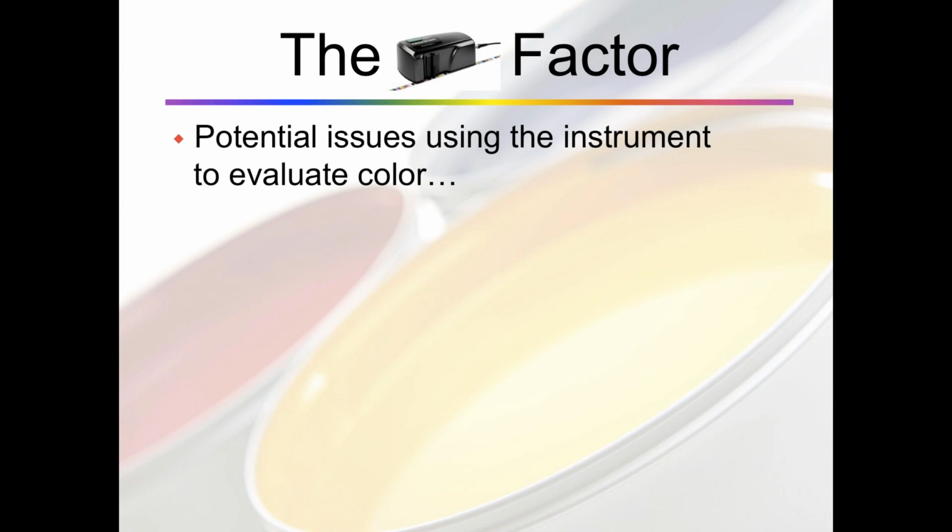Now let's talk about the instrument. While the instrument is a fantastic tool, it is that. It is a tool. It must be used in a certain way. And I want to talk about first some of the potential issues with using an instrument to evaluate color. Number one, and probably the most important one, is the instrument type. Hopefully, many of you on the call will know the difference between these two types of instrumentation, but oftentimes as I give the presentation, I find that there's some explanation desired.